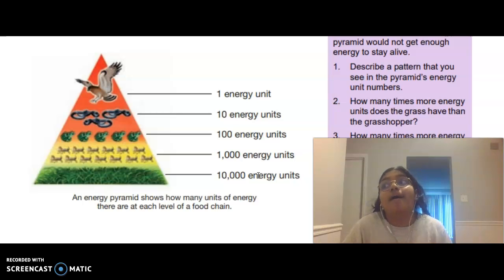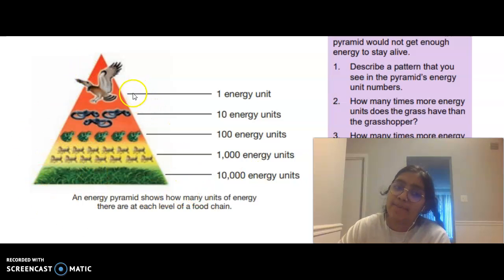That's why eating meat is good because it gives you proteins, right? It gives you carbohydrates that you might not get when you're eating plants. But if you want energy, it's always better to go back to the base and always use plants as a significant source for them. I hope this helped you guys understand why it's in this shape and why energy